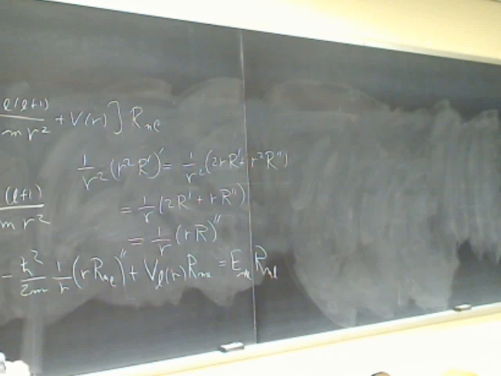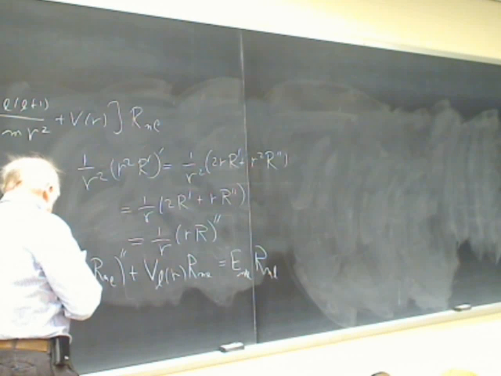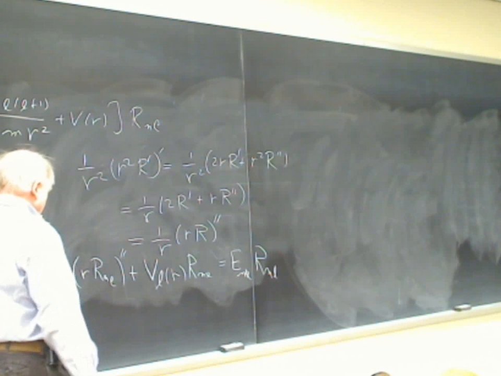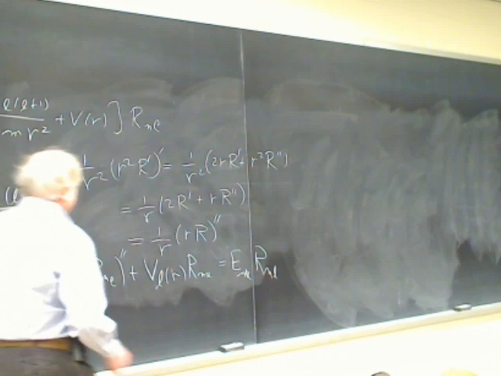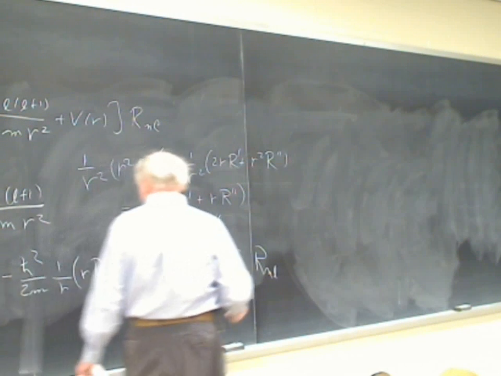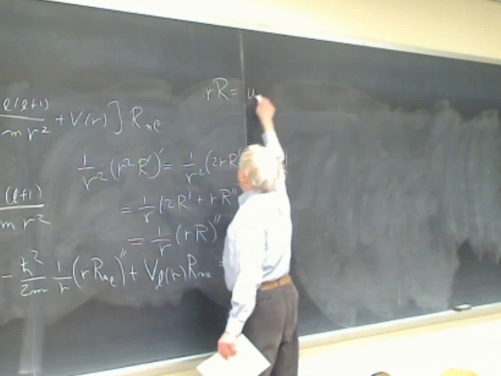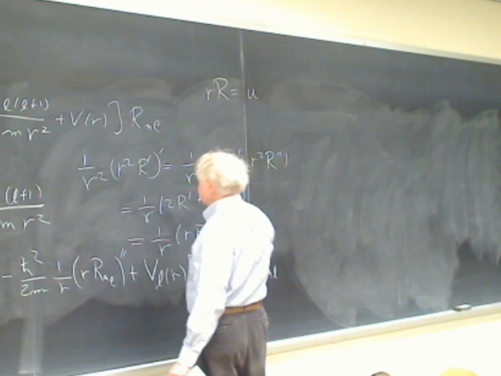In the case of hydrogen, it doesn't depend on L either because of the hidden symmetry. Okay, so that's that equation. And in fact, a nicer way of writing this is, unfortunately, I don't do this until the next page, but you can see immediately that if you multiply through by R, and you let big R equal U, then this equation becomes